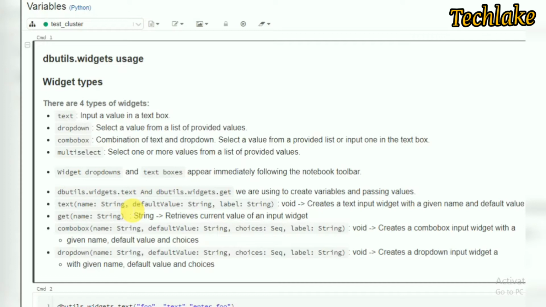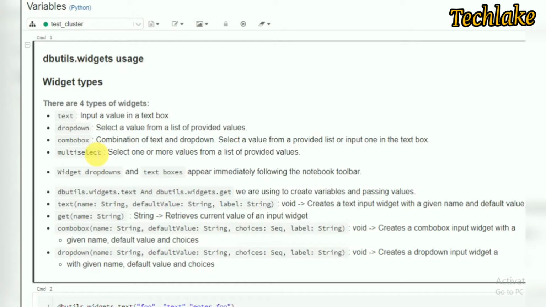I will show you how to use them and what types we can declare. While creating a variable itself, we can choose a type. One is text, another is a dropdown where we can go with a dropdown list, and a combo box, and multiselect. These are the four types of widgets available for creating variables.